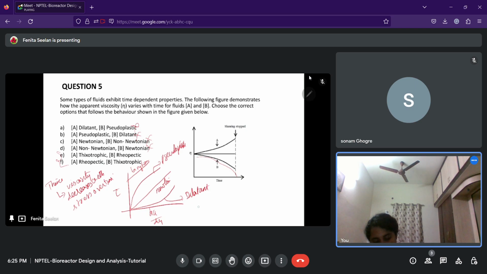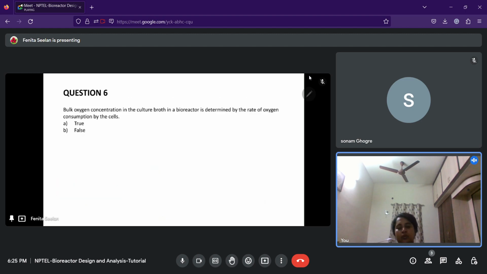Rheopectic is where the viscosity increases over time. See, note here your shear has stopped. So if this is the case, the answer would be: A is rheopectic and B is thixotropic, right? So the next question is